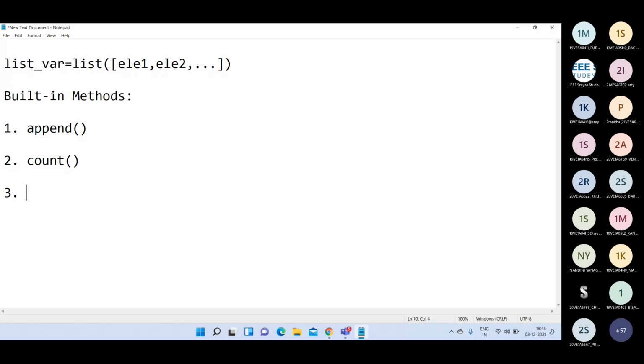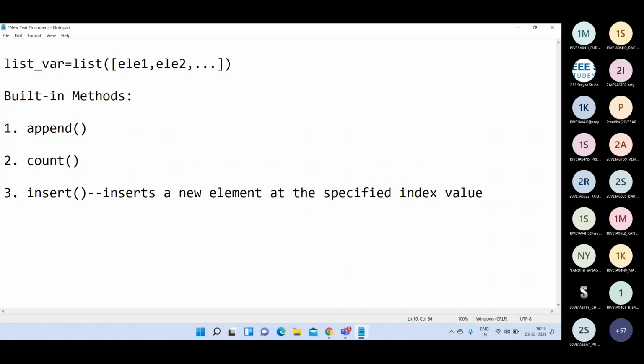Then the third function is the insert function. This function's purpose is to insert a new element at the specified index value. Whereas the append method, which we saw yesterday, always adds the element at the end of the existing list.